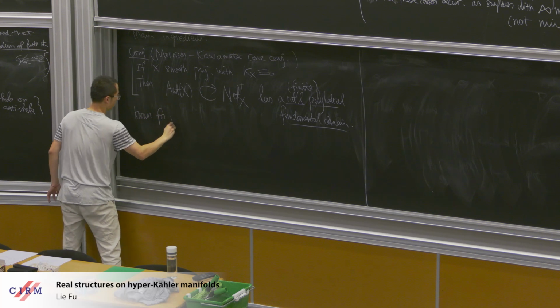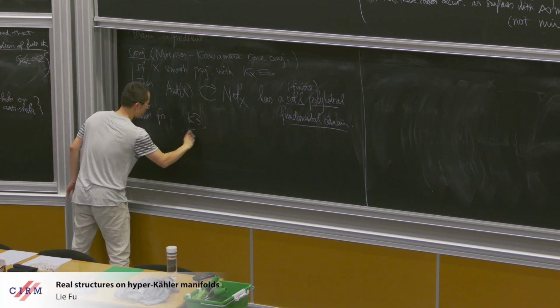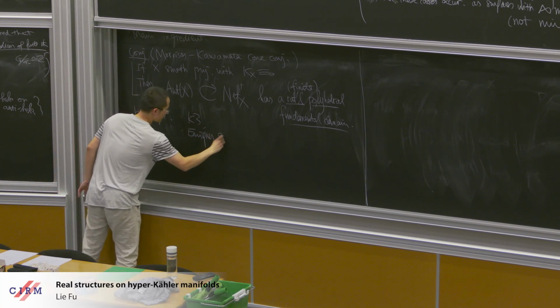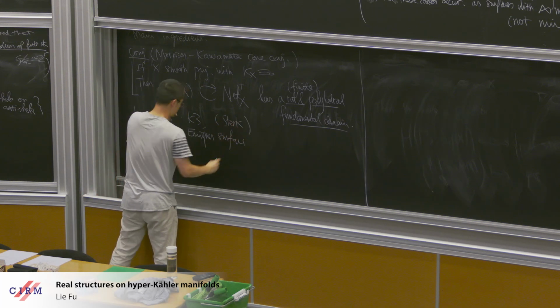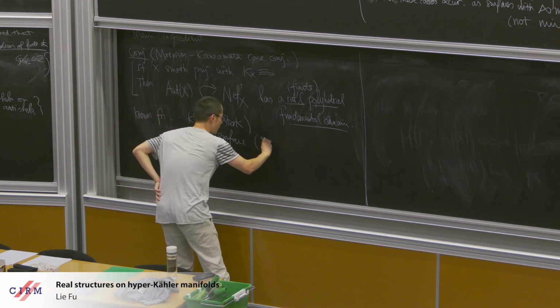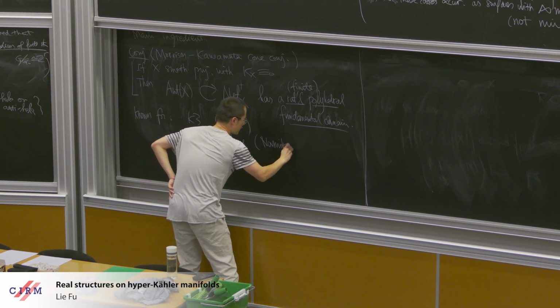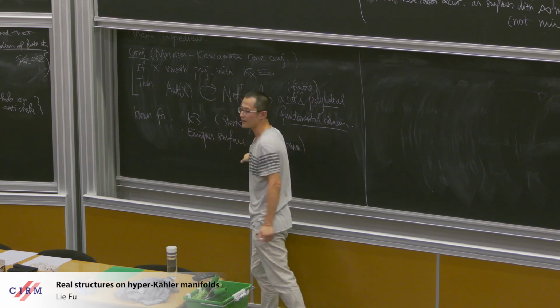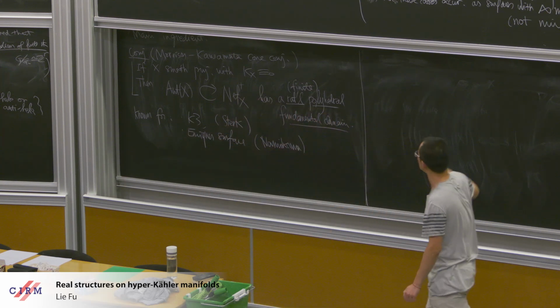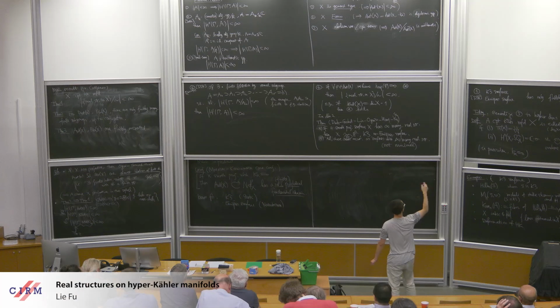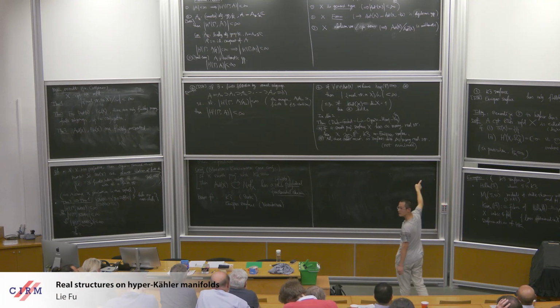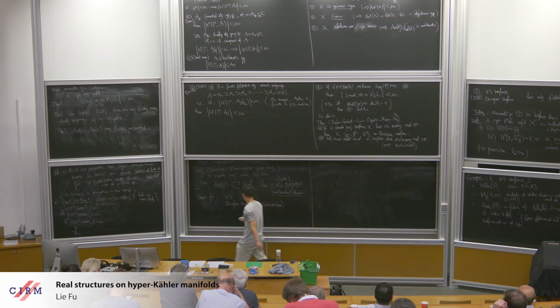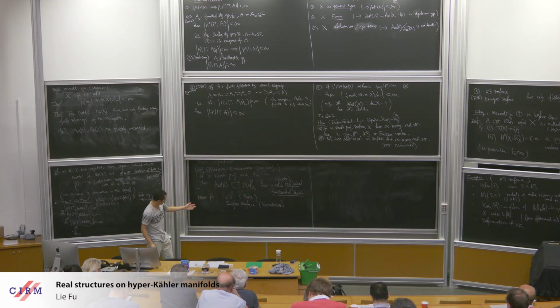Known for K3 surfaces, this is a result due to Sterk. For Enriques surfaces, this is due to Namikawa. And these, I think, are ingredients that you used in your book to prove the finiteness of real structures for K3 and Enriques, okay? And indeed, we are also going to use the same. So for some Calabi-Yau's,